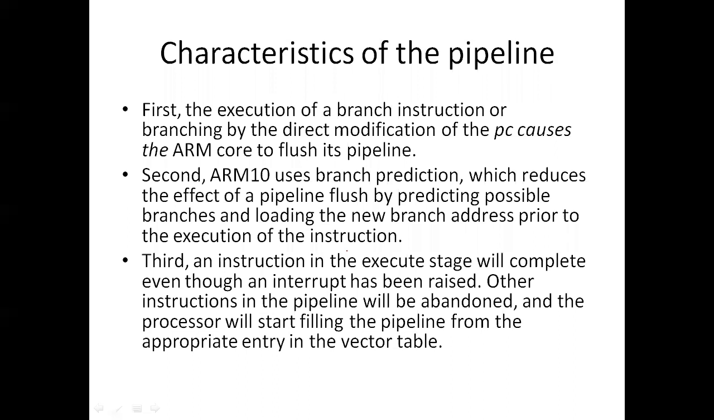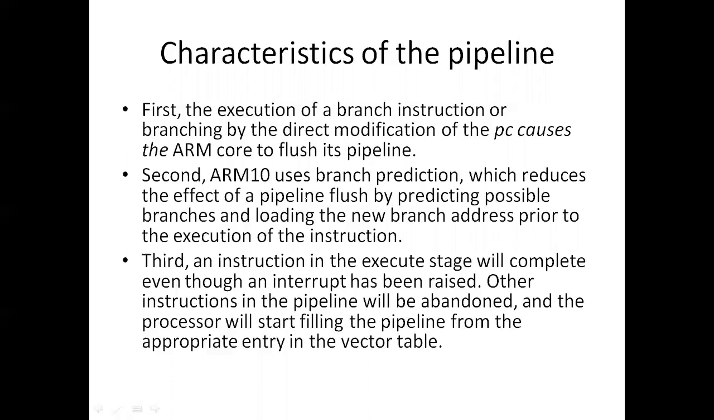The first execution of a branch instruction, or a branching by direct modification of the PC, causes the ARM core to flush its pipeline. So, characteristics of the pipeline: when the ARM processor executes any branch instruction, meaning any instruction that wants to skip the next instruction or repeat the previous instruction, in such cases the processor has to stop its